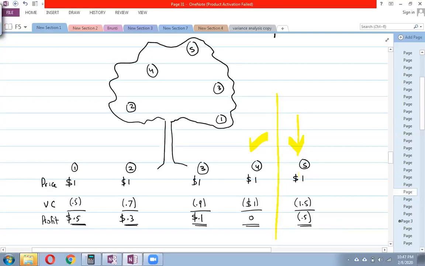That means that the point at which your profit will be maximum is when the marginal cost is equal to the marginal revenue. Marginal revenue and marginal cost. So the revenue from selling one more item is equal to the cost of selling one more item, right? So marginal revenue will be equal to